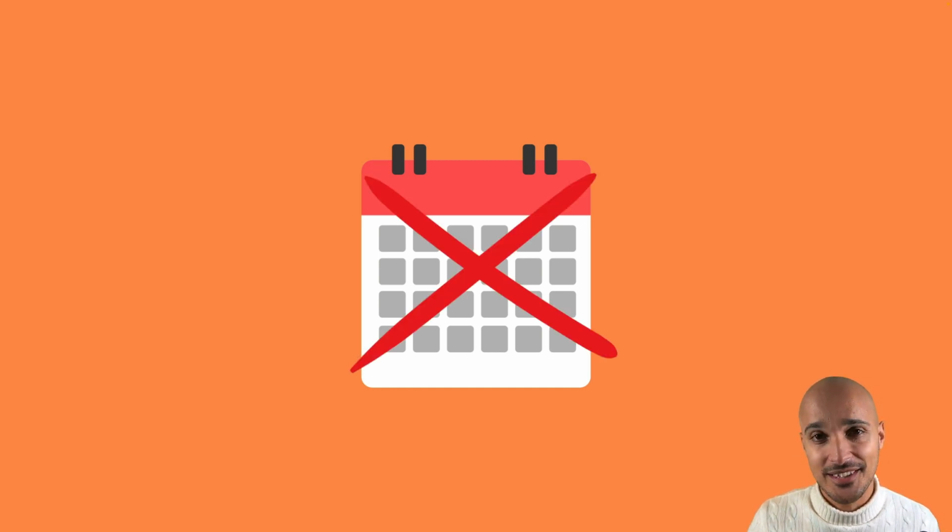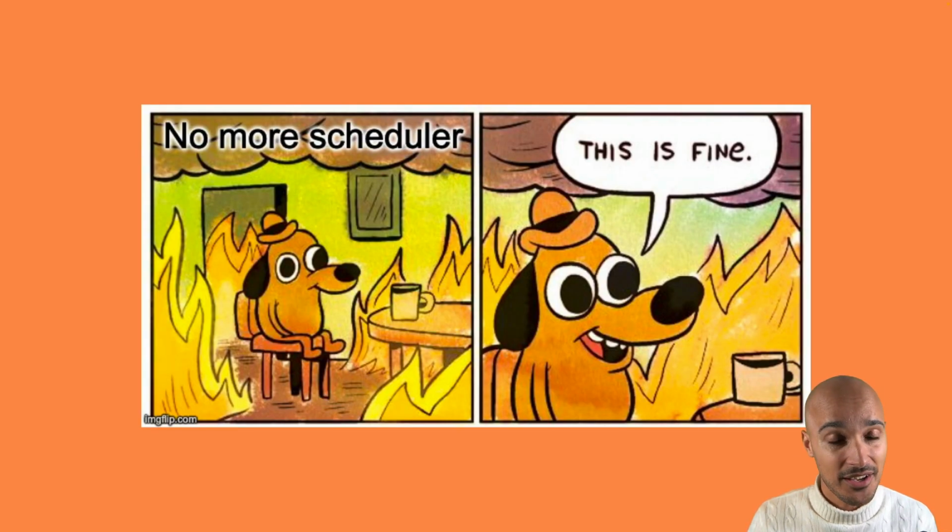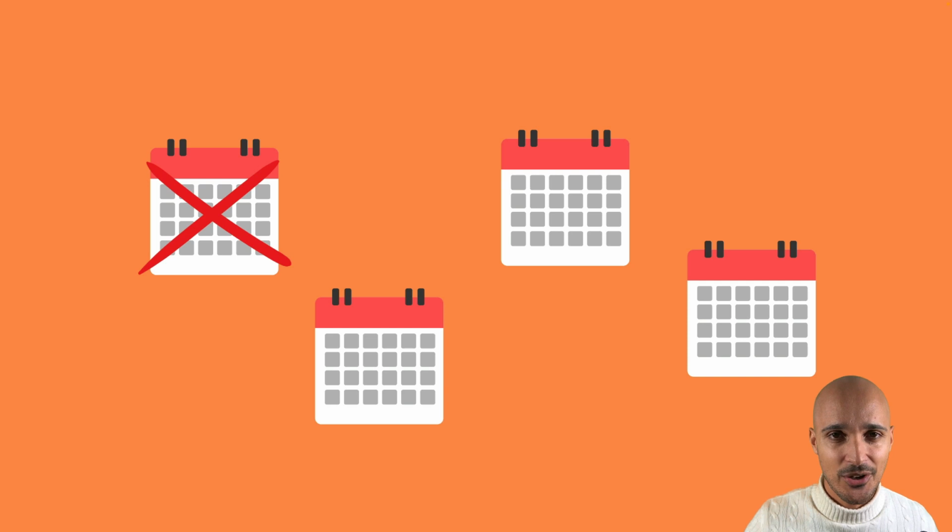In addition, in Airflow 1.10.x, you had only one scheduler, so if that scheduler goes down, then your production environment is stuck and you cannot execute any more tasks. That's why in Airflow 2.0, now you can run as many schedulers as you want, so not only can you execute as many tasks as you need, but at the same time, if one scheduler goes down, you still have the others, so your production environment stays up and running.